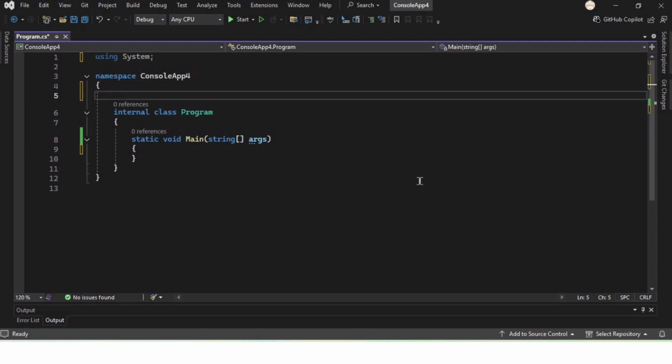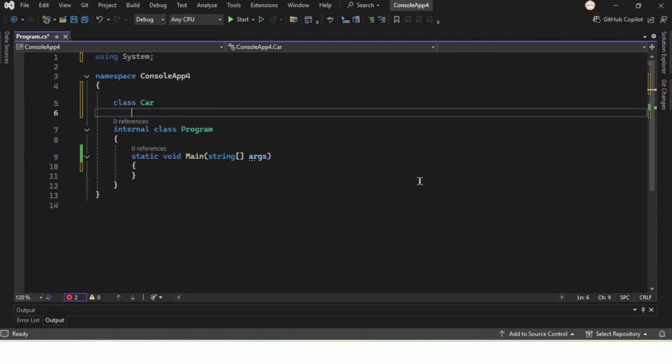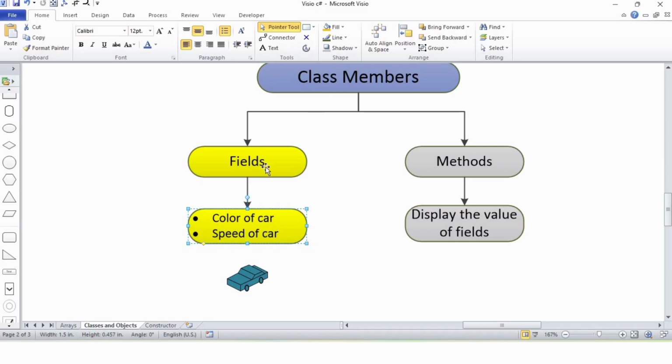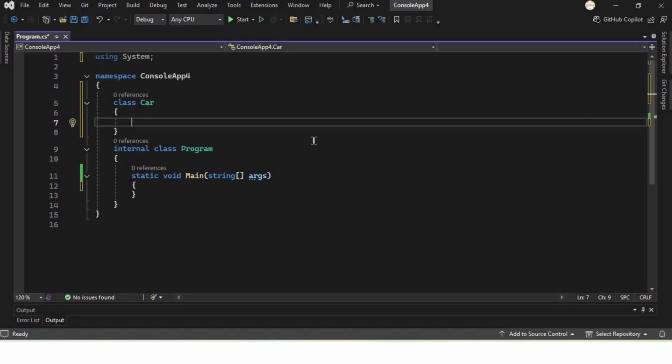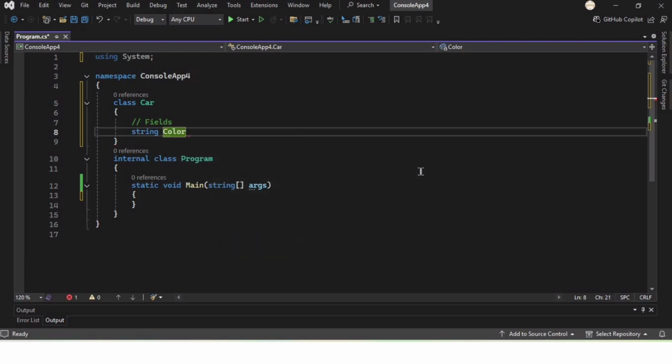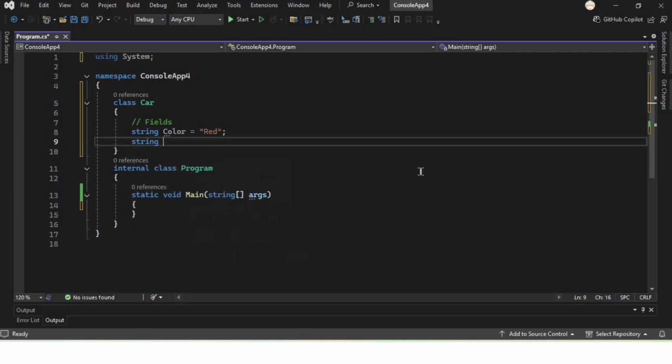So first I'm going to make a class. I'm writing here class Car. So this is our class, and we have learned that we have fields in the class as well. So let's create some fields of the class. I'm writing here a comment, fields, and the fields can be color, speed, weight, etc. So I'm defining it as string color = "red";